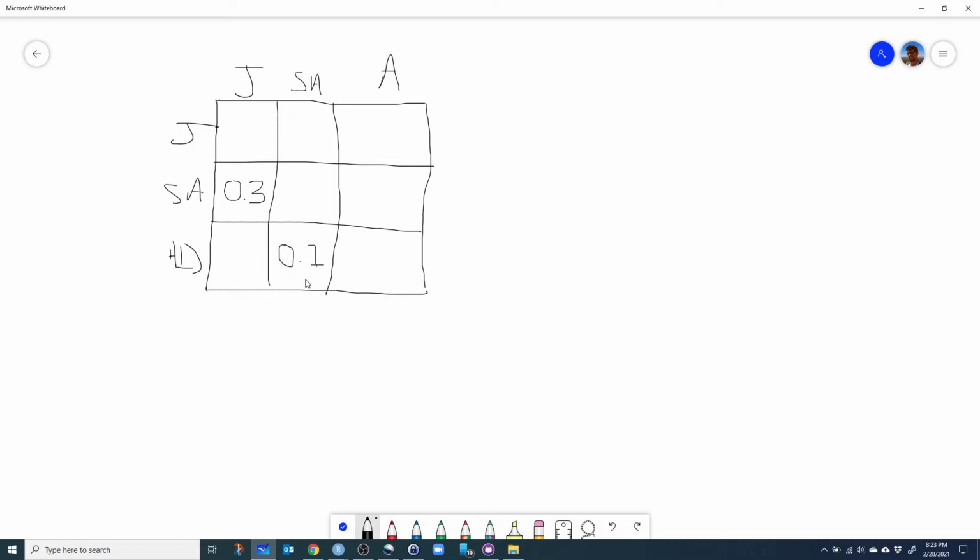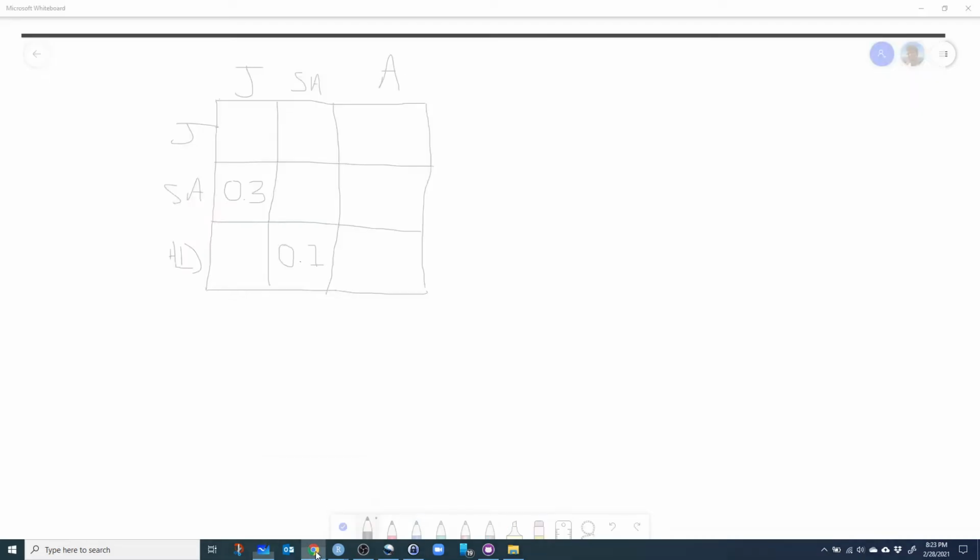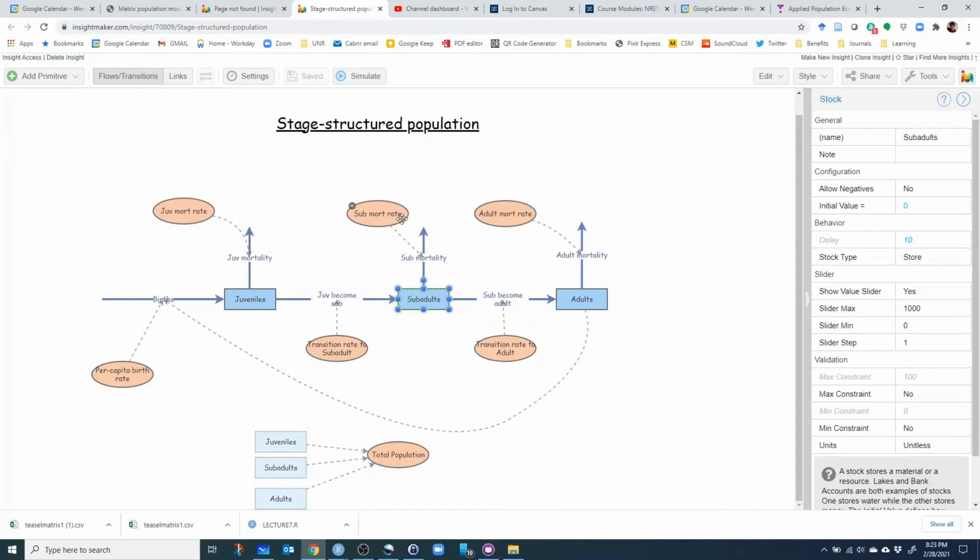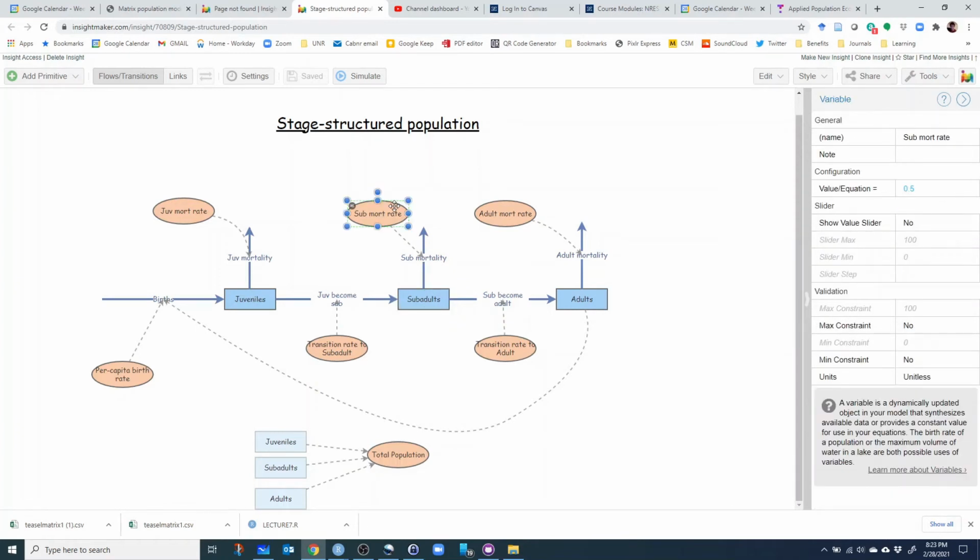All right, let's go back and let's look at the subadult mortality rate. The subadult mortality rate is 50%, so the probability of a subadult this year dying within the next year is 50%. Again, the transition rate is 0.1 here from subadult to adult. So we have a mortality rate of 0.5, transition rate of 0.1. So 0.5 plus 0.1 is 0.6. So there's still 0.4 left to be accounted for because